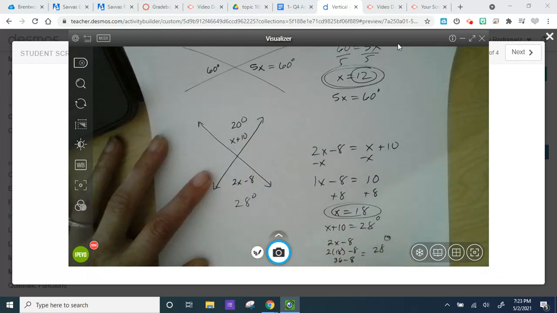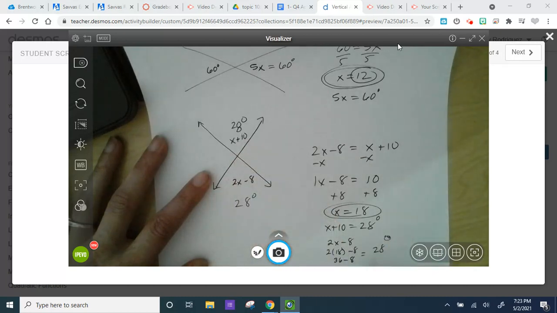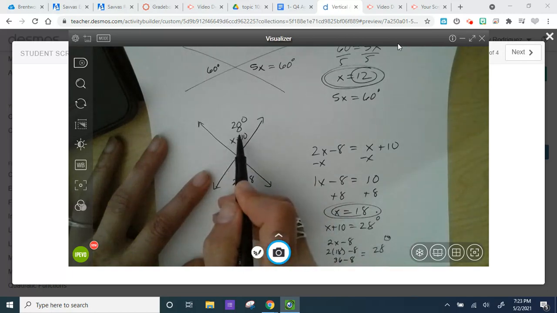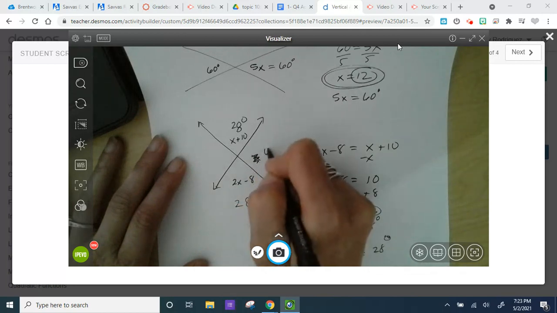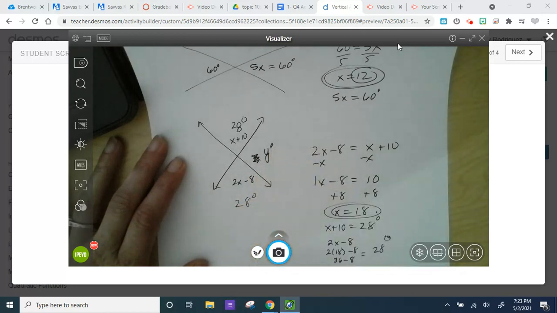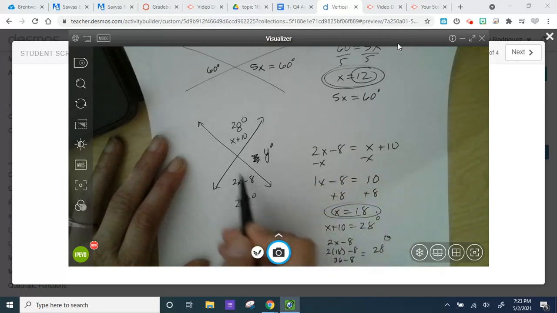So pay attention to what they're asking you for. Are they asking you, whoops, 28. Sorry about that. Are they asking you for the value of the unknown? Or are they asking you for the value of the angle? Could you now go ahead and figure out this angle right here? I shouldn't call it an x. I should call it maybe y. If you know that this is 28, could you figure out what this is? And boy, is this not to scale. That looks like more of a 90-degree angle. Whoosh, don't ever assume that anything is drawn to scale. Okay,